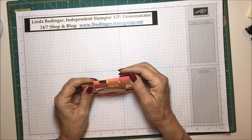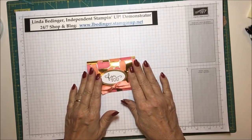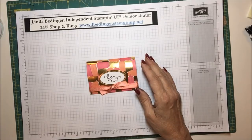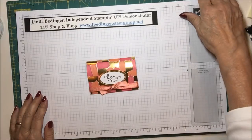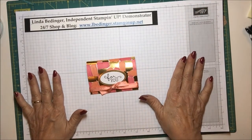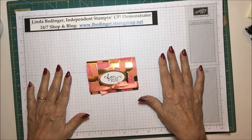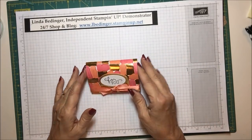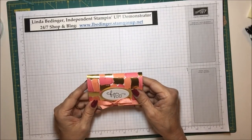I'm getting ready to go to April on Stage, which is one of the two conventions that Stampin' Up! has every year. I'm going to the one in Las Vegas early in April. I think it's the 7th. And so one of the things we do, and I've shared with you last fall, when I went to the convention in November, I shared with you the swaps that I got. Well, this is my 3D swap for this convention, and I thought I would just share with you what it is I'm making,